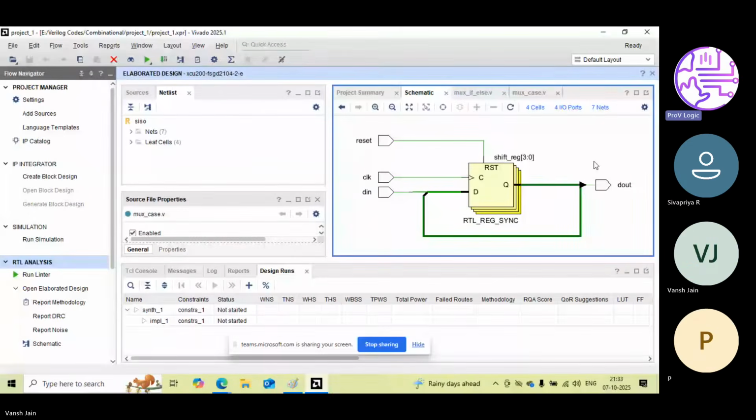Yeah, now it's visible. So this is the way we can write it in single-line code, right?